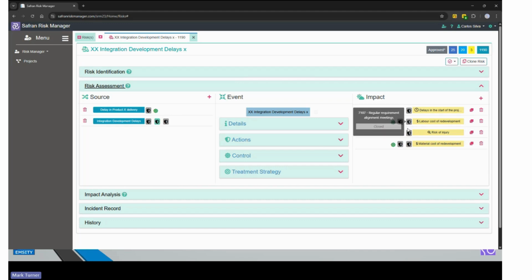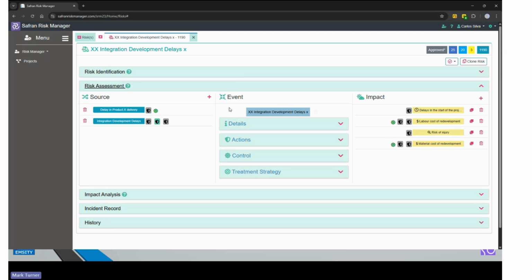Whilst talking about threats, we should never forget that risk incorporates opportunities. So if this was an opportunity risk, you would be looking at what can we do to enhance and benefit or drive up the likelihood of an opportunity occurring, and what can we do to maximize its impact as and when the opportunity does occur.